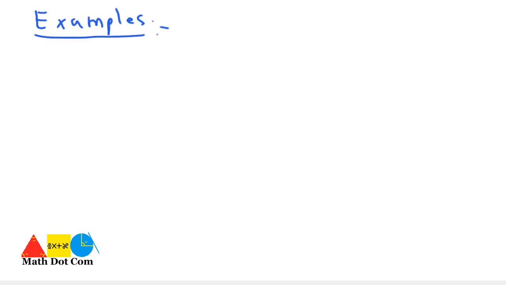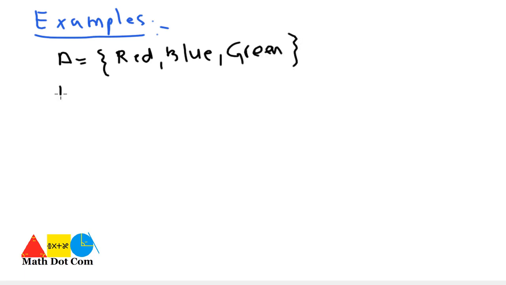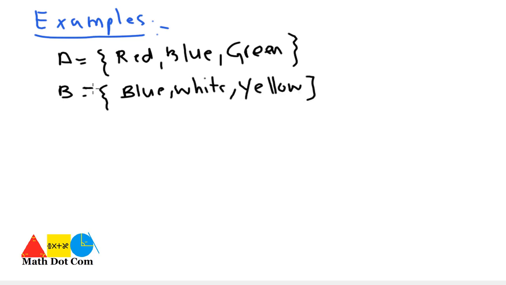One of the examples is A equals red, blue, green, and B equals blue, white, yellow. These are the two sets A and B. Let's see how you can find their intersection. A intersection B is equal to,